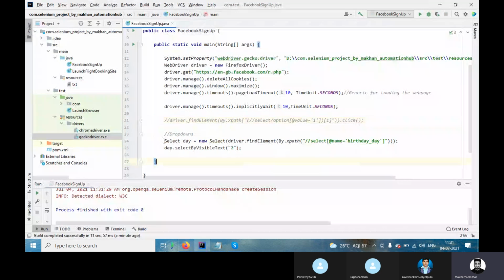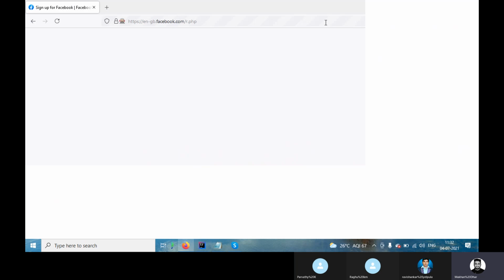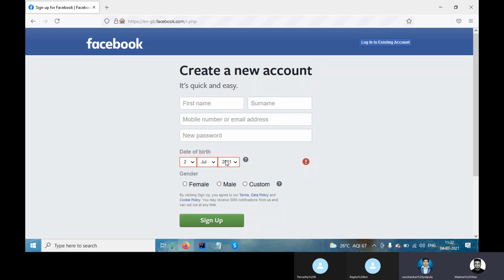Are you able to understand? By using this you can easily manage it. So don't worry about the wait list and all. It will make it complex, which I don't want. So this is a very good way. Smartly you can interact with the drop down. Okay, so this is one. Now we have another drop down, right? Yes, I have a doubt. Okay, tell me. Can you please inspect the element?